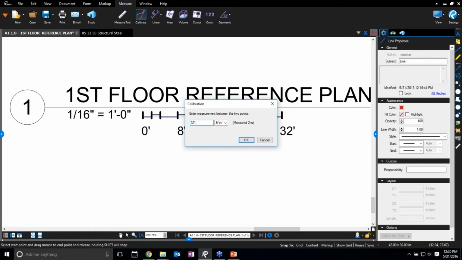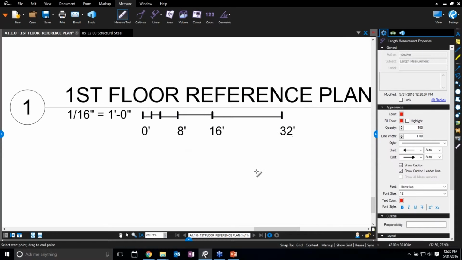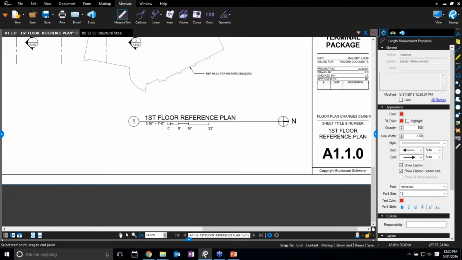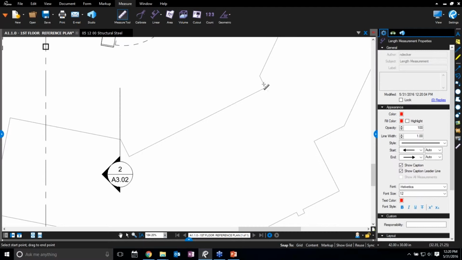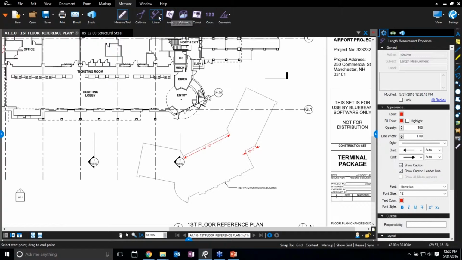So I'm going to go ahead and click the first and last point and tell the computer that that is 32 feet. Go ahead and click OK. And now that is basically embedded into the sheet, and I can go ahead and start taking measurements. So for example, I need to know the length of that wall. I can go ahead, select the length tool, and basically snap to the two edges and see how long that particular item is. And I can continue to do this around all those different walls, or I can actually use what's called the perimeter tool, and this would allow me to take multiple line segments all at once